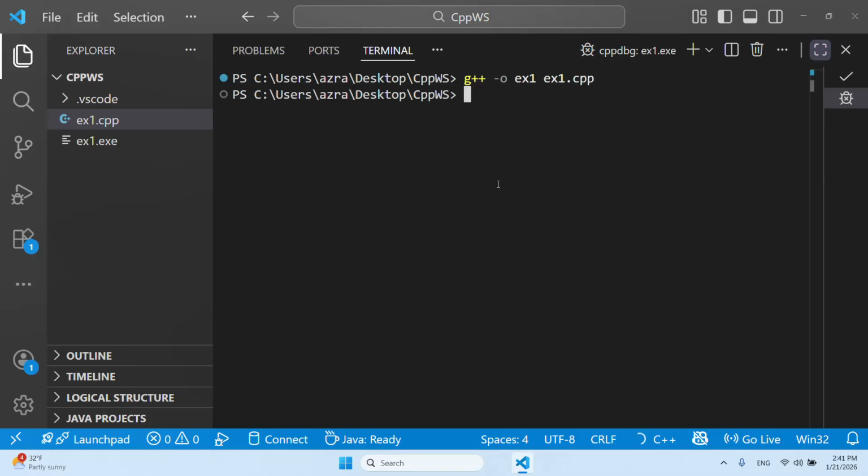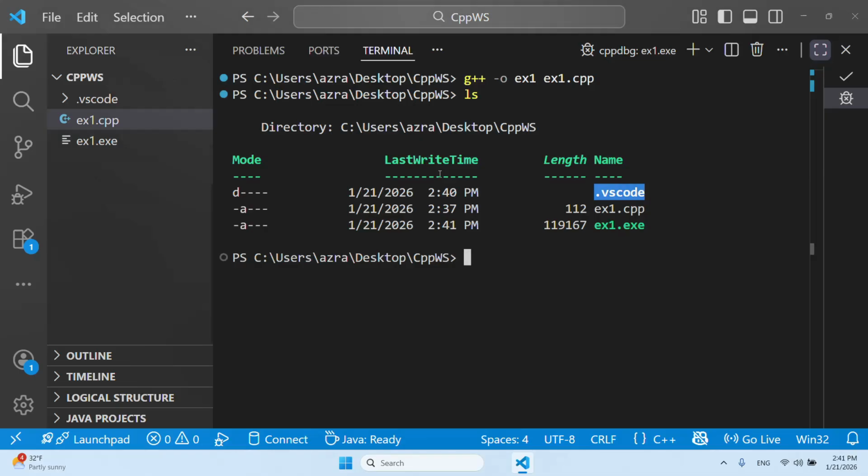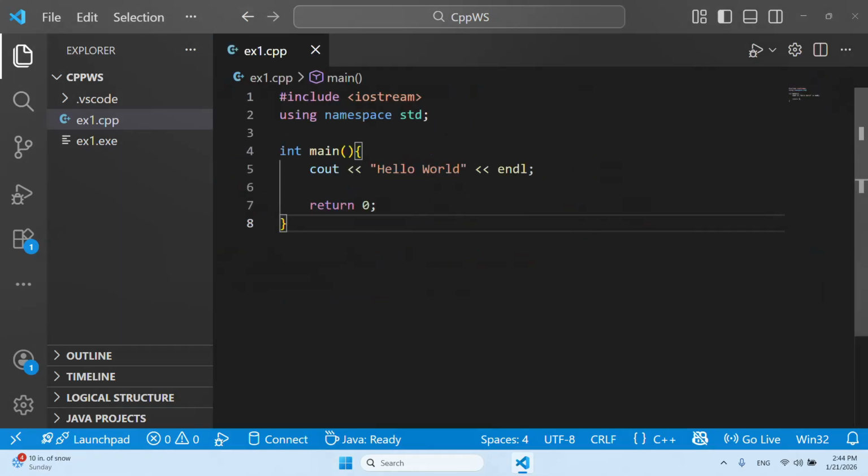If I do this and press enter, now you're going to see ex1.exe appearing directly within this directory, which is right here. And now I can execute this using ex1.exe. And now you can also see Hello World coming up on the screen. We have just created, compiled, and run our first C++ program that prints Hello World on the screen.